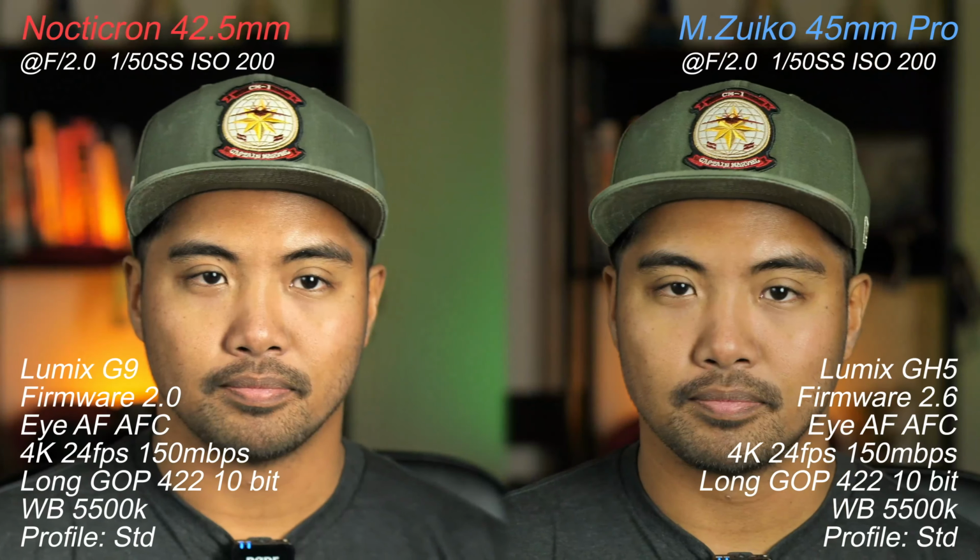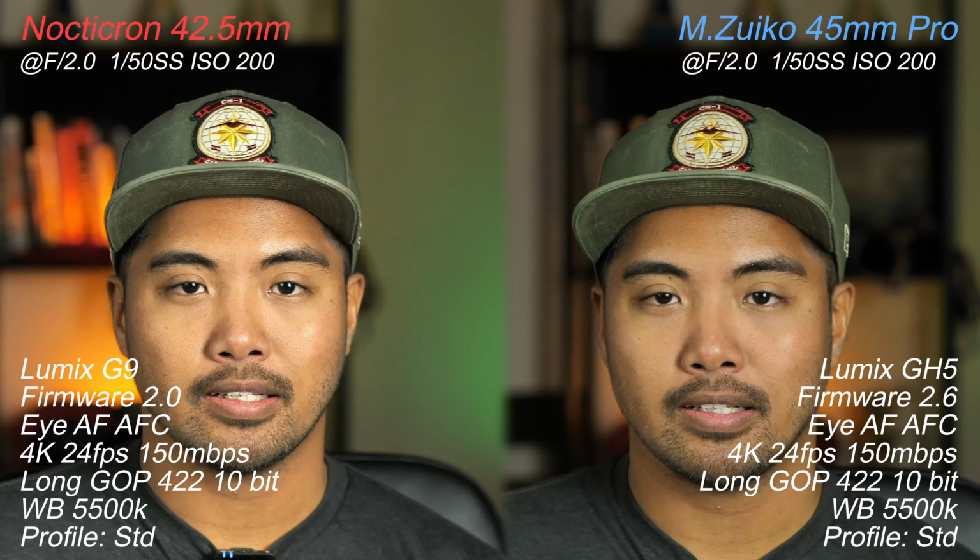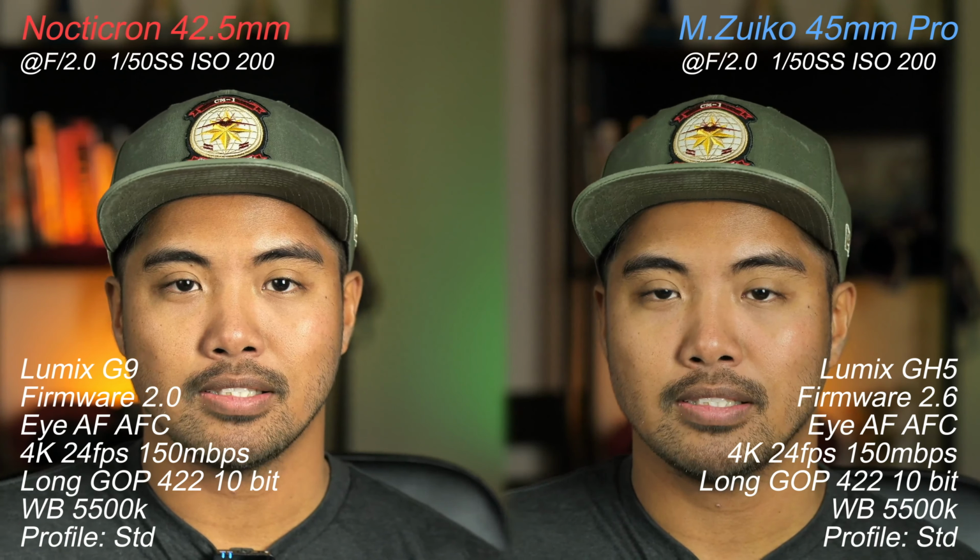compared to the conventional bokeh. Also, they are maybe 2 inches apart from each other from the distance of the lenses towards the sensor because of the focal length. I want them to be as closely matching as possible, and you'll be able to notice the differences between 45mm and 42.5mm. They are both at 4K 24 frames per second, 10 bits, and they're both customized at 5500 Kelvin,